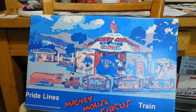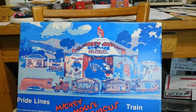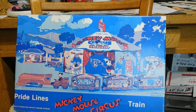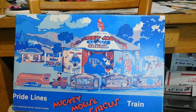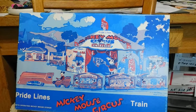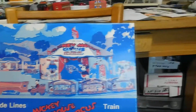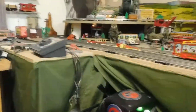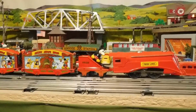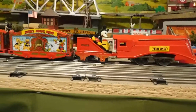And the train had an animated Mickey who appeared to be shoveling coal. He would be a stoker, and he'd be shoveling coal into the engine. And you can see Mickey right here with his coal shovel. And here it is, new, never run. I just ran it around the track